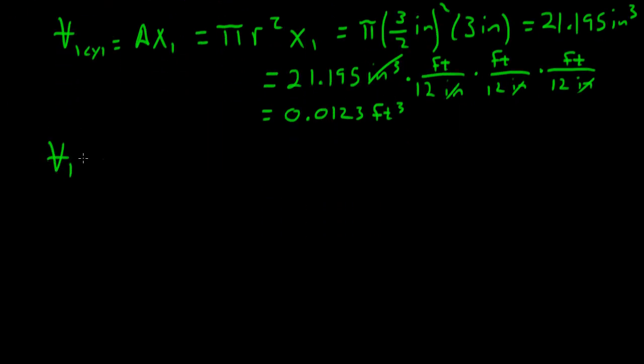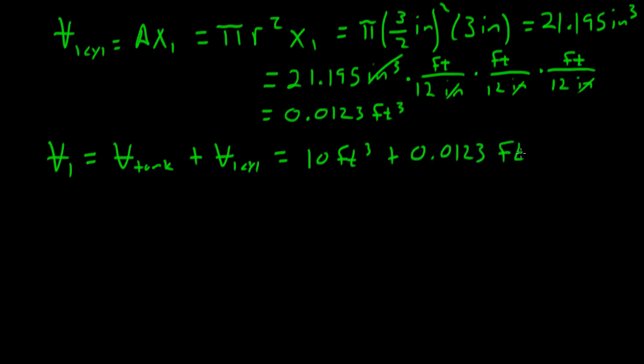The initial volume of the system, neglecting the volume of the hose, is the sum of the tank volume and the cylinder volume, which is 10 cubic feet plus 0.0123 cubic feet. This means that the initial volume is 10.0123